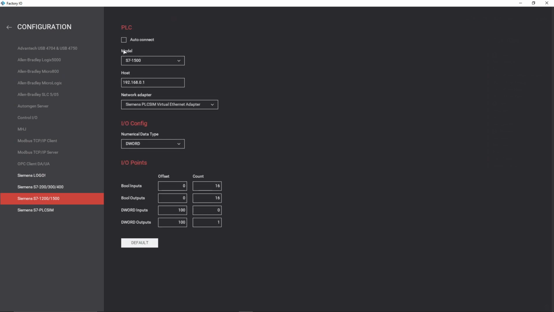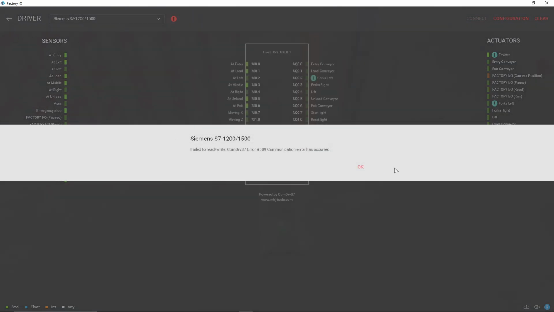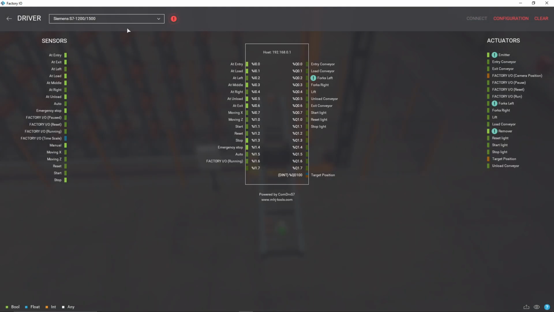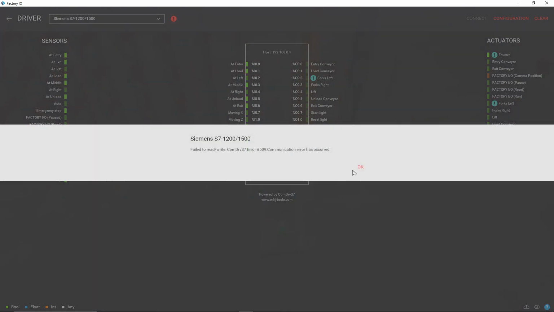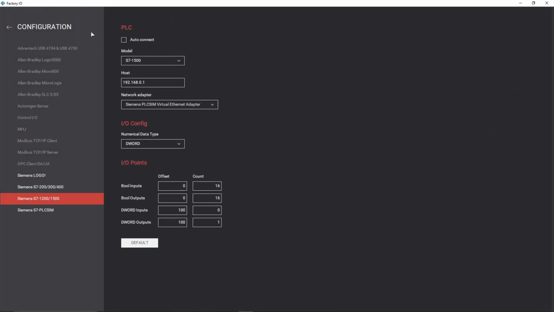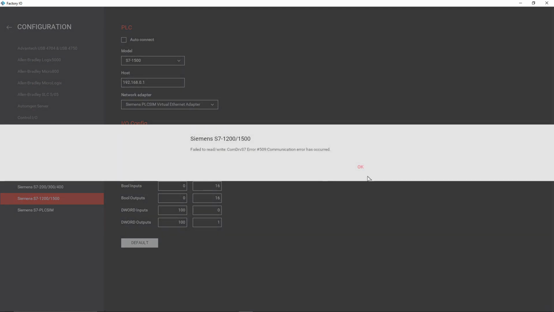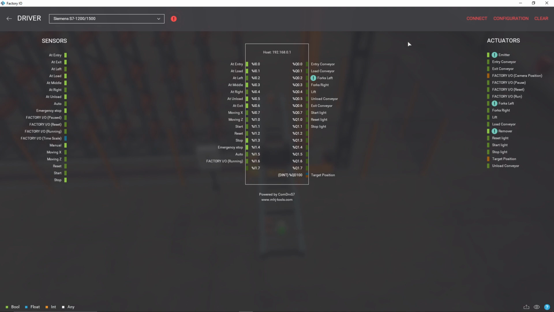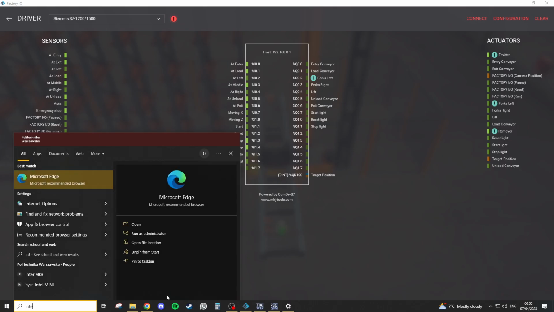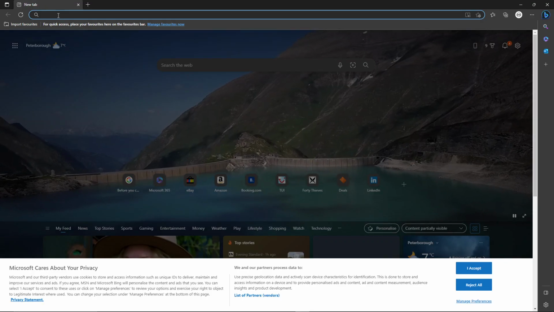Okay, the configuration itself, I believe that was right. That's fine. Still failing to do so. I left it on auto connection. Hmm. If we look up the website very quickly,